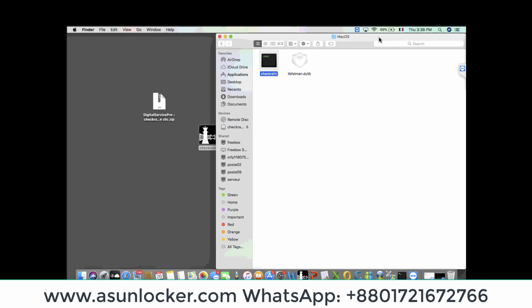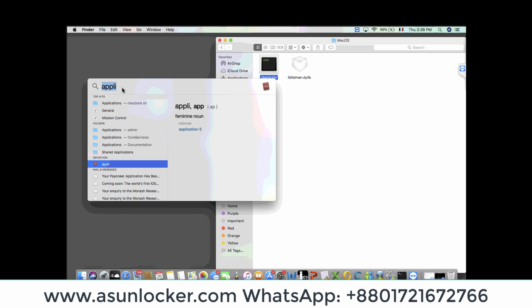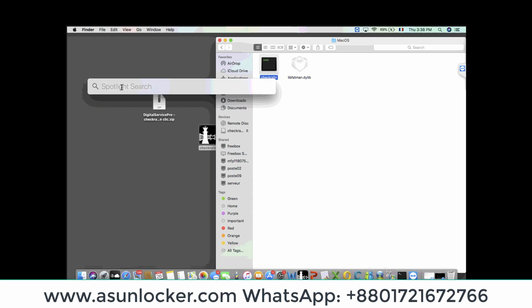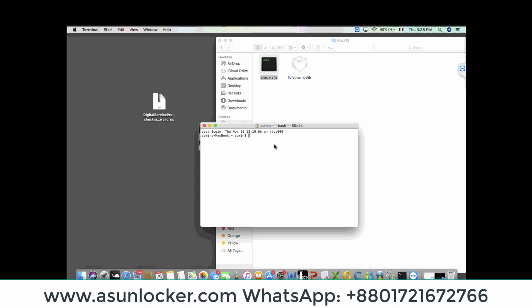Then go to your terminal option. If you cannot find the terminal, you can search again from here for the terminal. You can see terminal here. Click on terminal and open the terminal. Type here